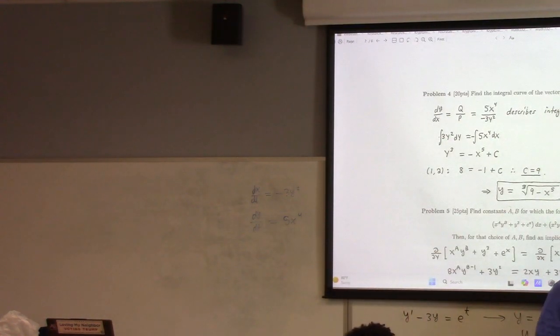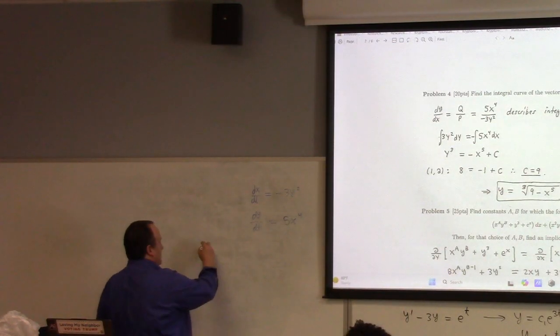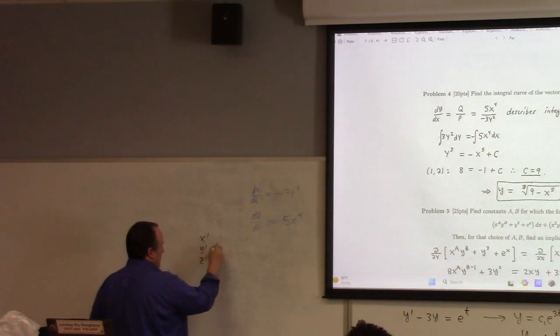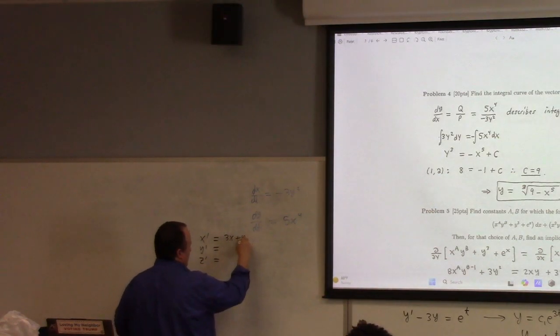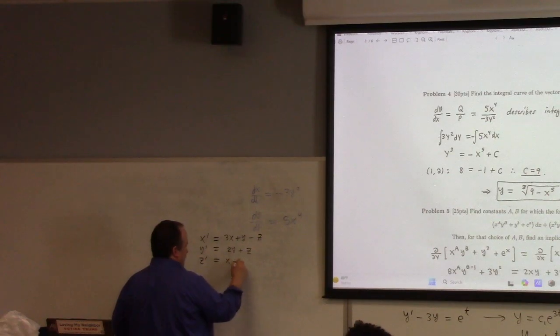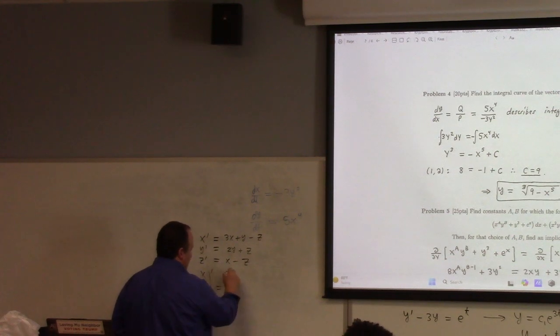What was our first step in solving a system every time? We had x prime, y prime, z prime, whatever, equal to what? 3x plus y minus z, 2y plus z, x minus z, right? The point was we could organize those into a what? A matrix, because they were linear,